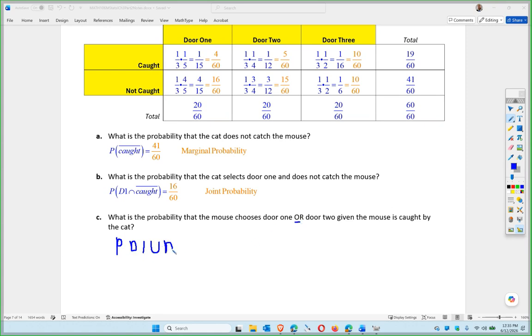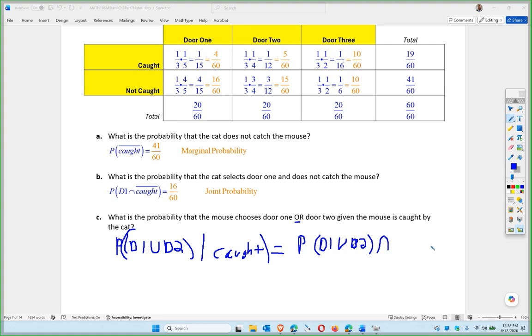It's door 1 or door 2, in parentheses, given it was caught. So that's a little bit different. It's got an or inside of a conditional, which is fine. You still do the and on top. So it's the probability of door 1 or door 2